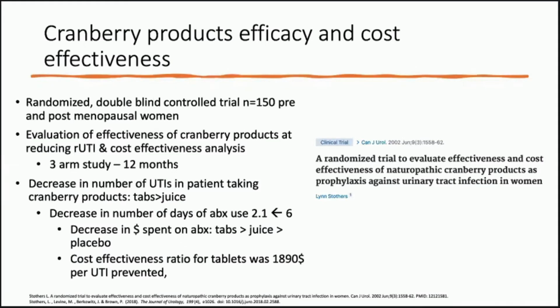the cranberry tablet group. And there was also a cost effectiveness analysis, where cost effectiveness was defined as dollar cost per UTI prevented. And the cost effectiveness ratio for tablets was $1,890 per UTI prevented, with 73% being related to direct patient cost, 5% indirect patient cost, and 21% direct healthcare